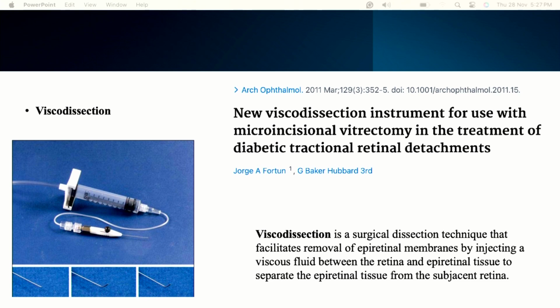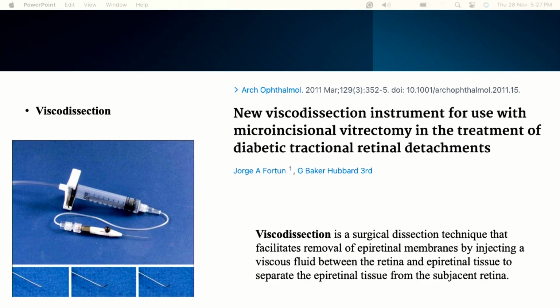Viscodissection has been described by Hubbard. It involves an instrument that consists of an extendable probe with a lumen which is connected to the VFC, which we use for silicone oil injection. The flow is controlled via the foot pedal. So the cannula which is there,